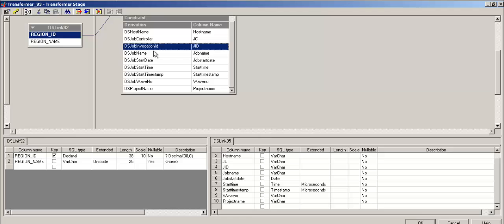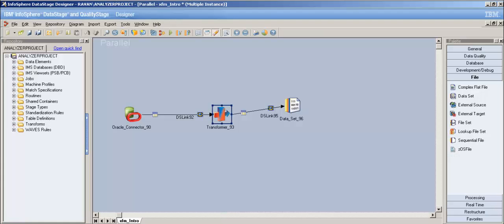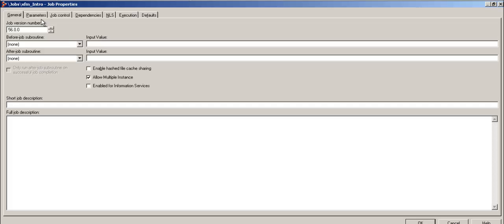And the other one is job invocation ID. Invocation ID will return the invocation ID. Let me just show you. What it means is it allows the job to run in multiple instances. So if you go to the job level properties tab, you see it says allow multiple instances. By default it's not checked, but if you check it,